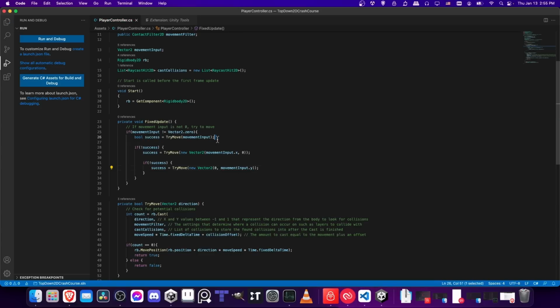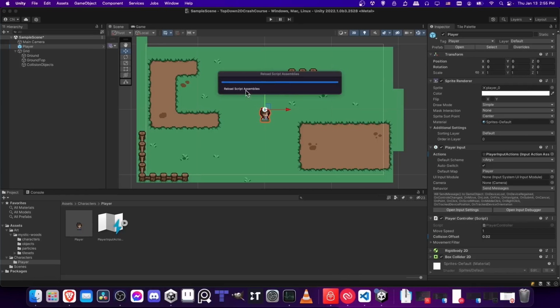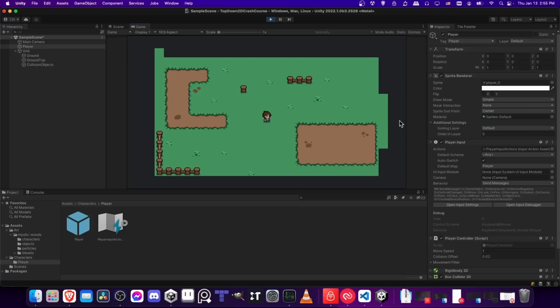So it's going to do a normal movement, and if that fails, then we're going to try to move only on the x-axis. If that fails, we're going to try to move only on the y-axis. And this will let us slide along collision objects that we otherwise couldn't move directly into, but we might be able to move around. So if we hit play now,